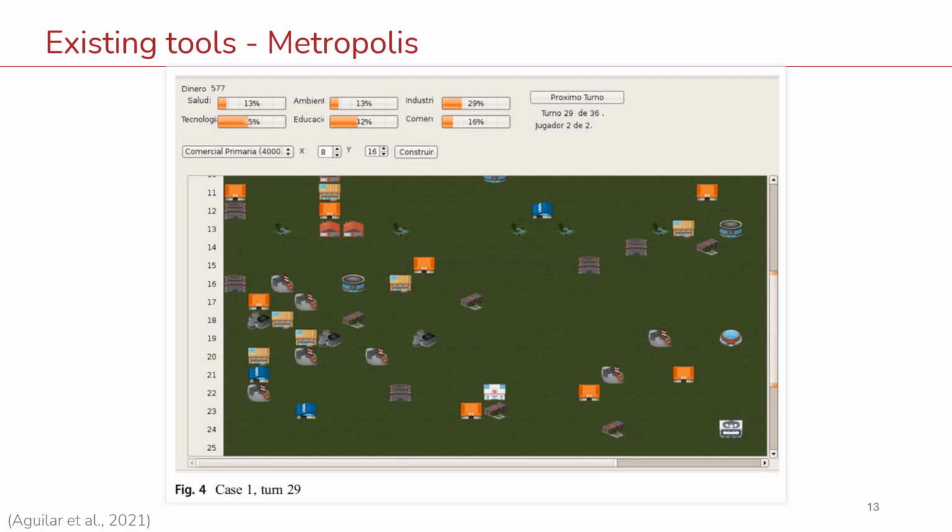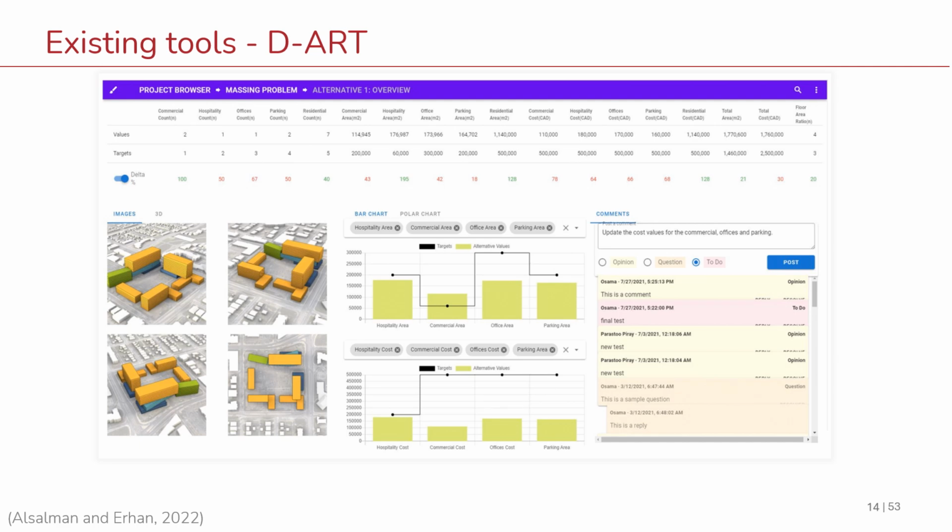It is a serious game application that allows users to decide about city development based on their preferences, like deciding blocks and type of buildings, and it was mostly for urban planning and not for individual built environment projects. Here we have DART, which was developed in the Computational Design Lab. It is a web-based platform for supporting collaborative and data-driven design reviews of design alternatives. Too much design, I know, but okay. It focuses on presenting technical definitions.